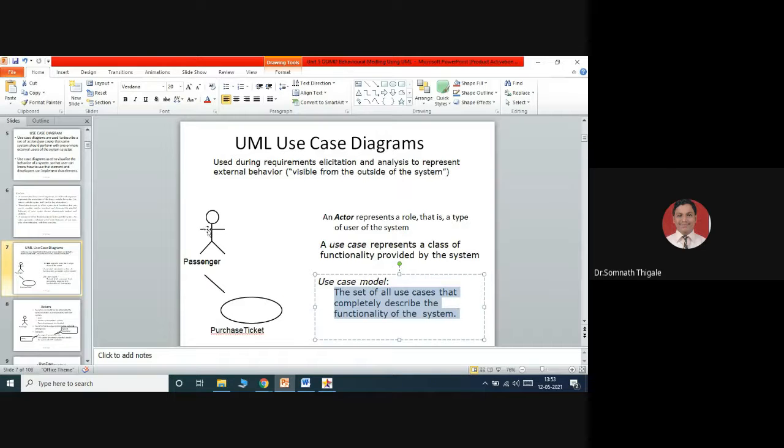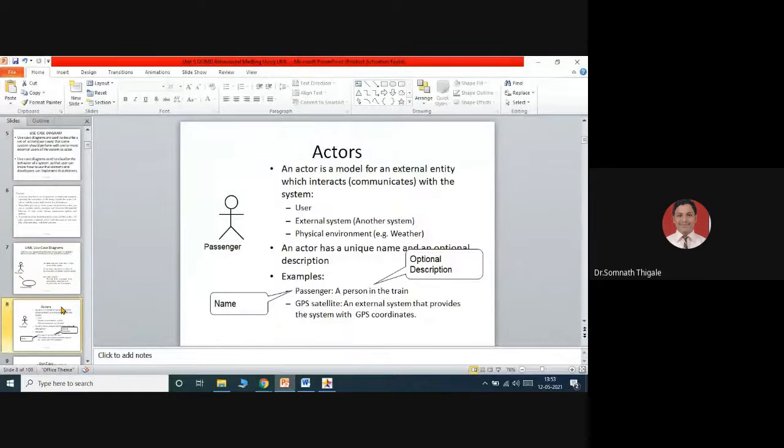So once you cover all the use cases related to that, we will consider that I have represented the entire use case model. So remember this about an actor: an actor is anything which is external to the system and wants to interact with the system. We will call them one actor.